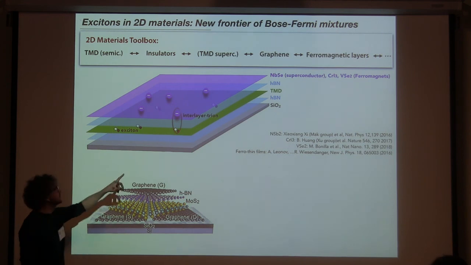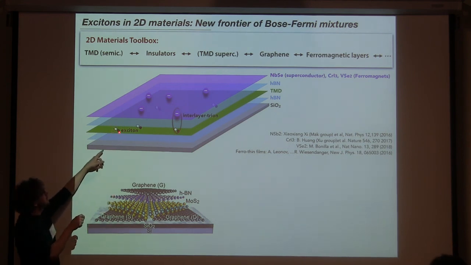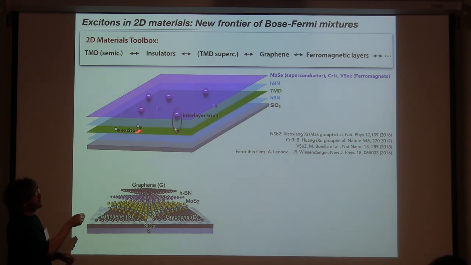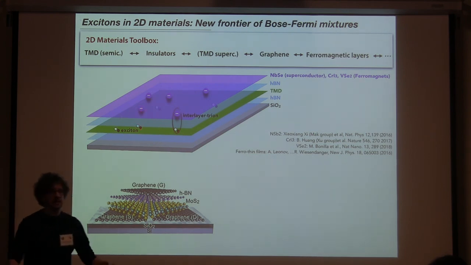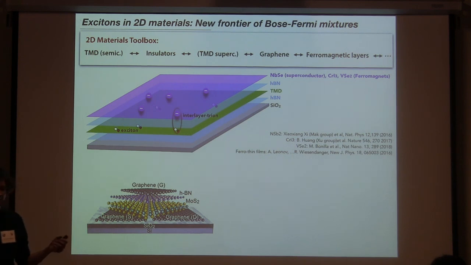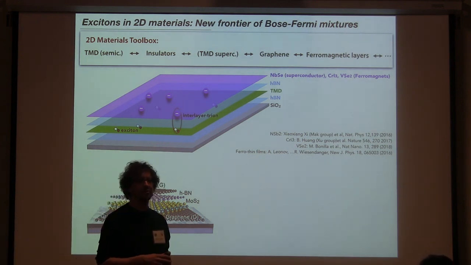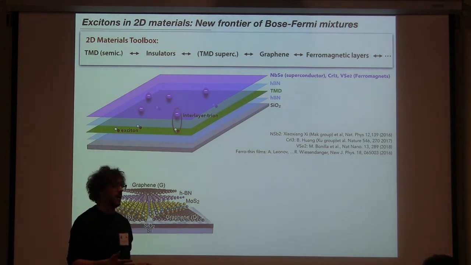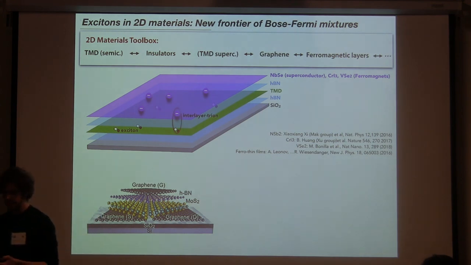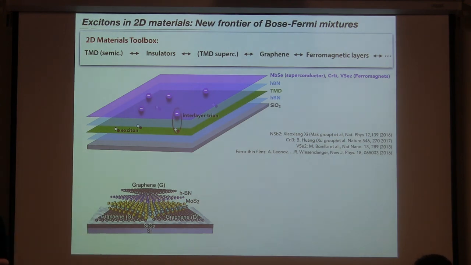What we could do is switch on the laser, which creates excitons in a different layer, and then the electrons in this layer could interact with the excitons. The excitons could then mediate interactions between the electrons, like phonon-mediated superconductivity, and lead to pairing between electrons which were originally not pairing. So that would be one way to change the transport properties of electrons in these systems. I mean, there are also different ways.